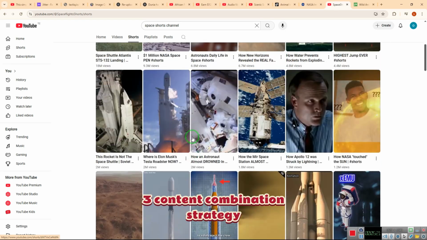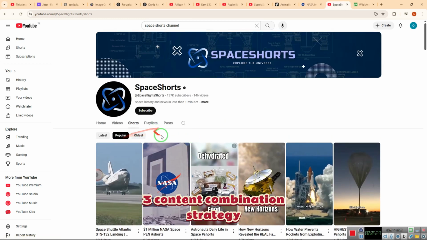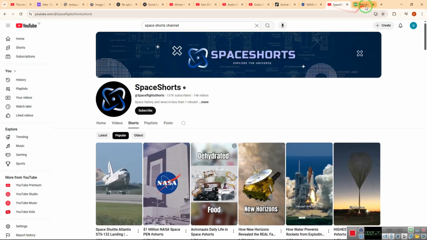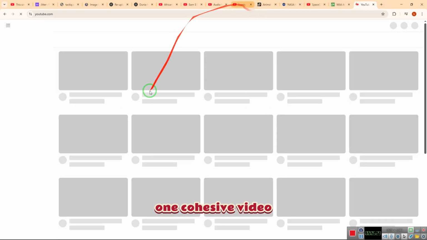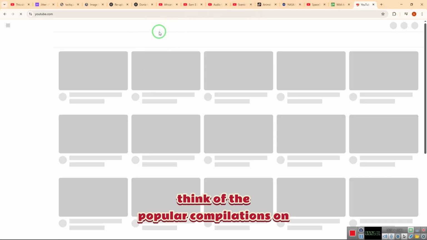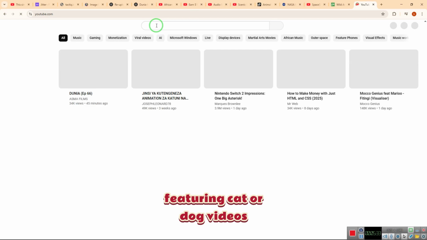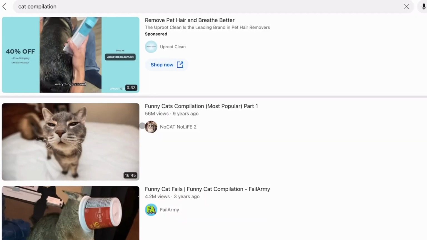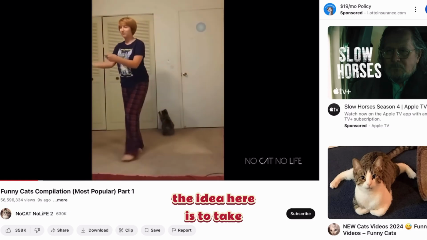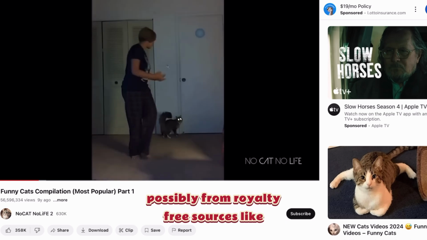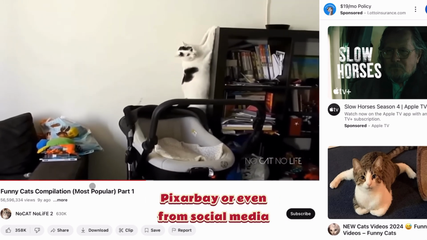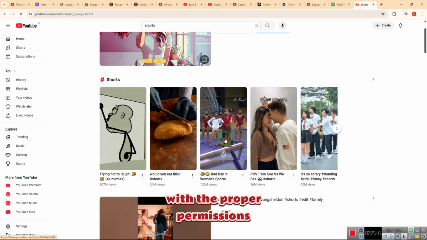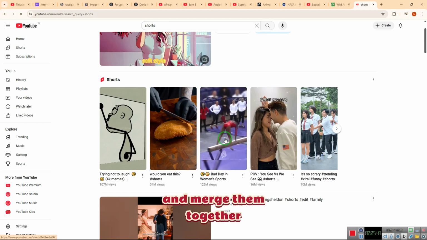3. Content combination strategy. This strategy involves combining multiple short clips into one cohesive video. Think of the popular compilations on YouTube featuring cat or dog videos. The idea here is to take different clips, possibly from royalty-free sources like Pexels, Pixabay, or even from social media with the proper permissions, and merge them together.